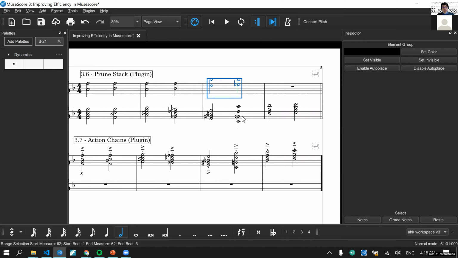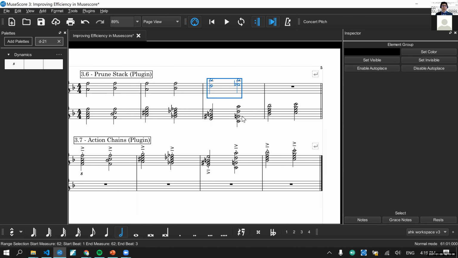Even if it takes you longer at first to write the code to do the macro, if you're creating worksheets for your theory class and everything is up a fourth and you're doing this every day, the initial time investment you made to create the macro will save you so much time in the future. And yeah, that pretty much wraps up what I had to say about